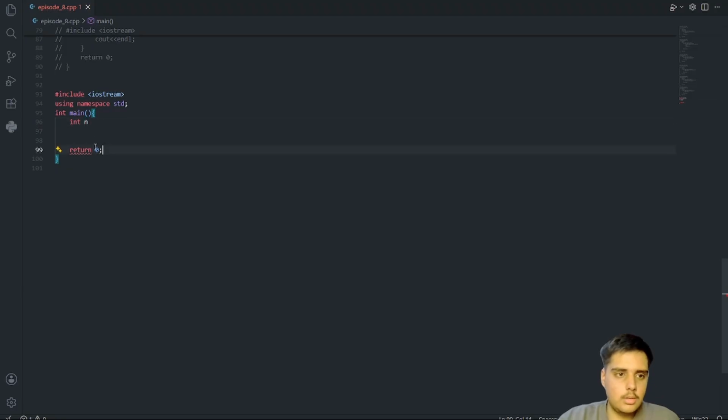So here int n equal to 4, int num, and the num should be 1. Num equal to 1.